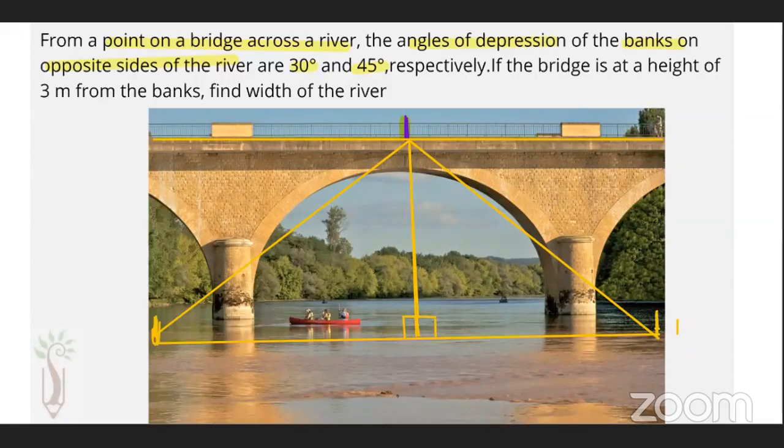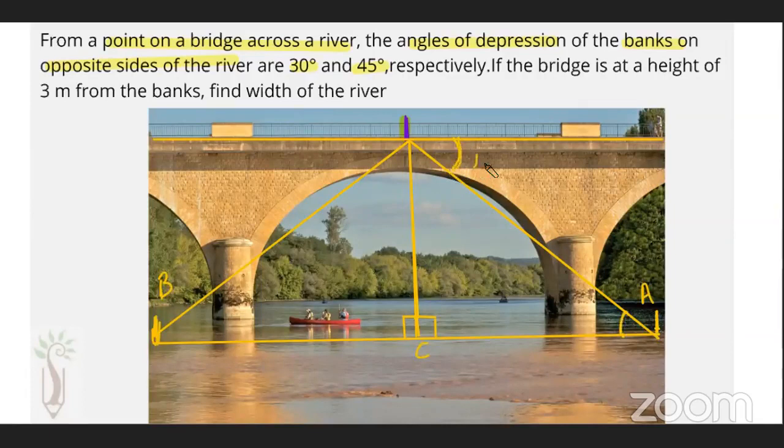Okay. Let me mark. This is A. Okay. And this is B. Which is closer to my point C, A or B? A. So the point which is closer will have the larger angle measurement. Means out of 30 and 45, which is the bigger one? 45. So this side, the right side, is going to be 45.